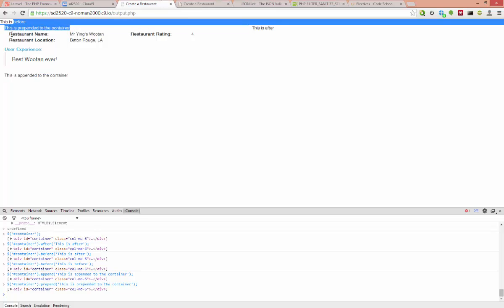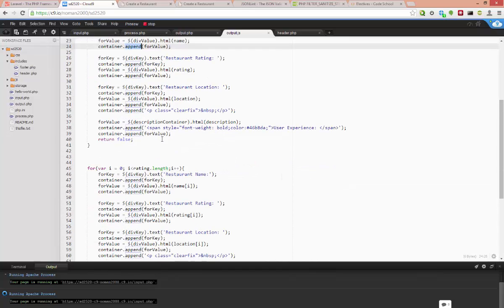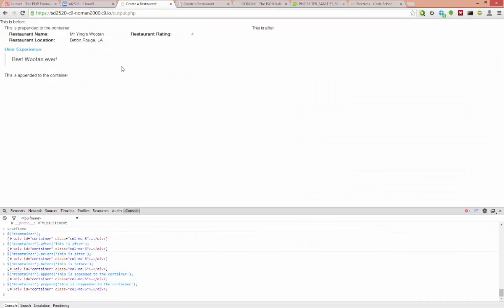And now it's inside the div container, but it's the very first element. So jQuery makes it easy to manipulate these sorts of values. So this only works once. So the second time through,